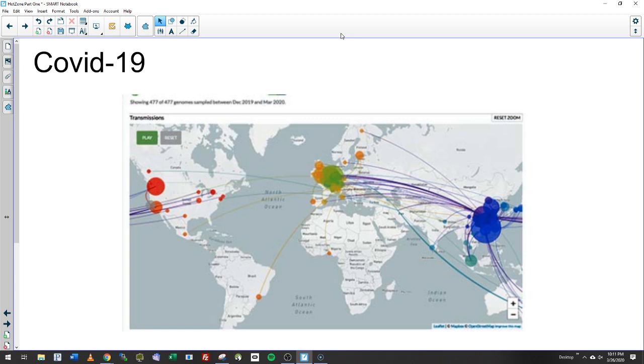This is a map right now that is showing transmissions. And the initial outbreak started out with this purple area, which is a little bit colored over at the moment. But this purple area, they sequenced the initial strains that they were finding in the Wuhan market. And they're seeing that, well, over time, it was staying purple, but as it started to jump to different places,